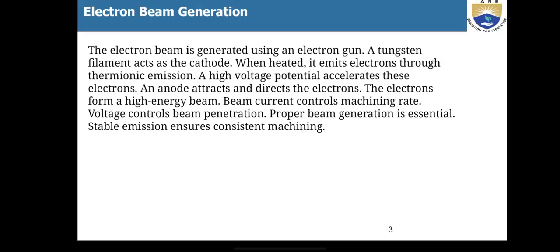Electron beam generation. The electron beam is generated using an electron gun. A tungsten filament acts as the cathode. When heated, it emits electrons through thermionic emission. A high voltage potential accelerates these electrons, and the anode attracts and directs